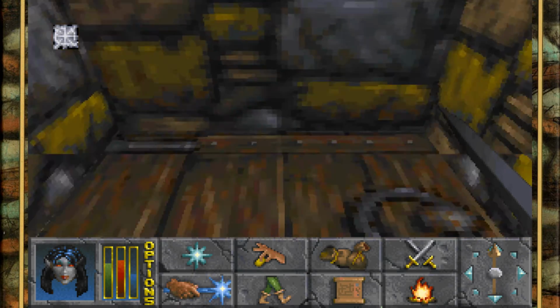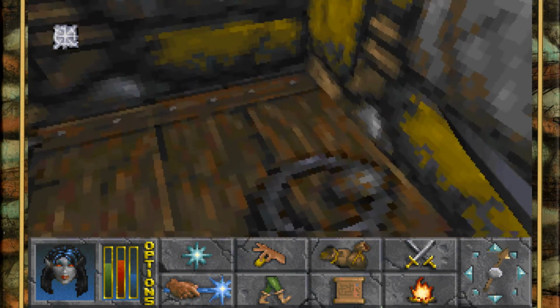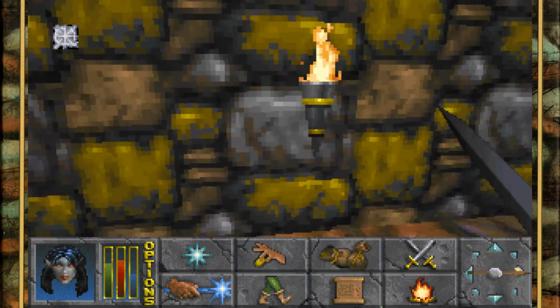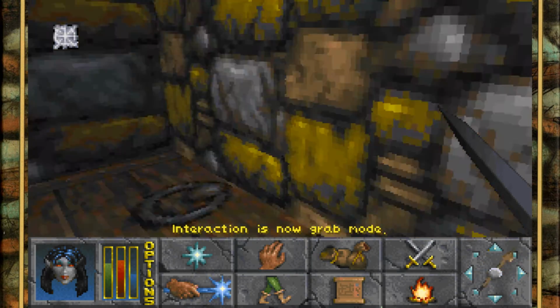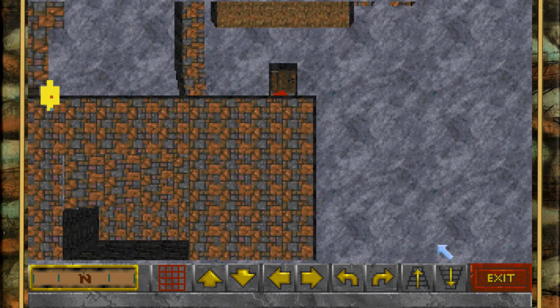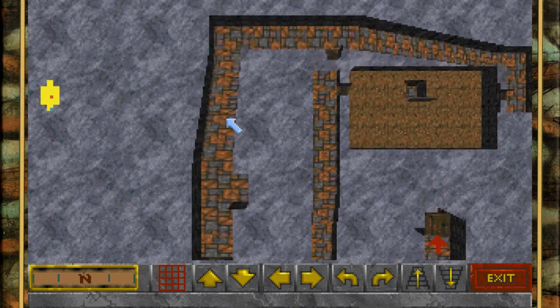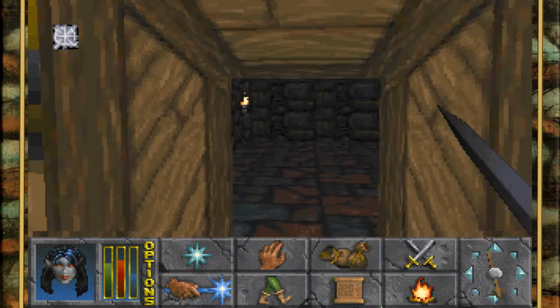Okay, let's see here. On, off. Can I just lift it up? I can't open it? No. What if I stand on it? Is it going to open? Oh, wait, a torch. Nope, torch is not going to do anything. Oh, what if I use grab mode? No grab? Okay, I could probably climb up there, because it looks like that leads somewhere else. There are a couple little off branches here I haven't explored as well, so there are other little things I need to go ahead and explore,